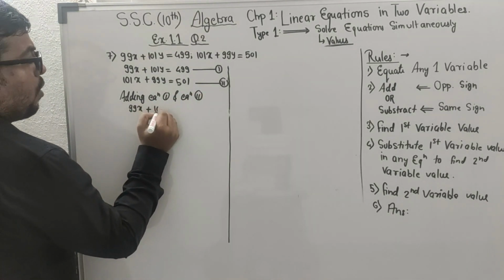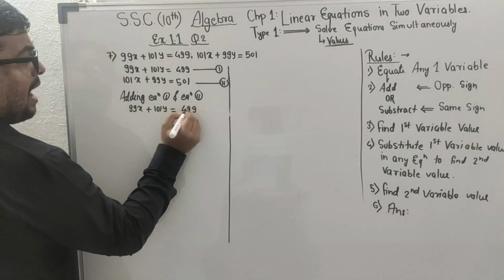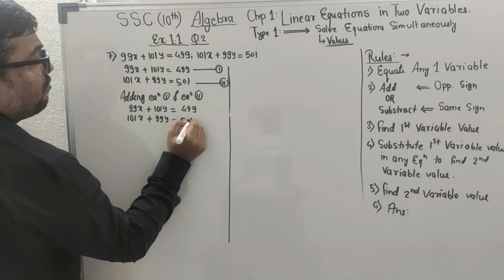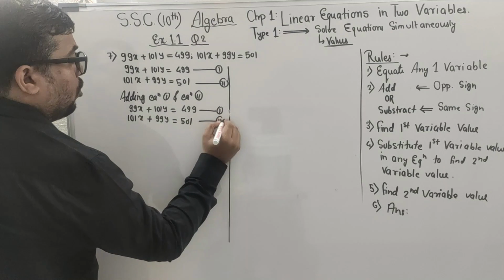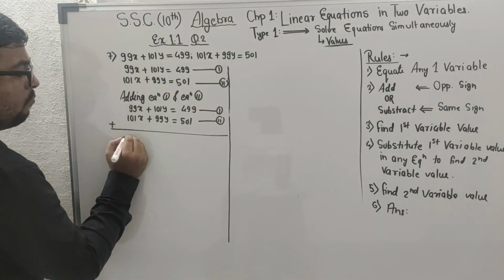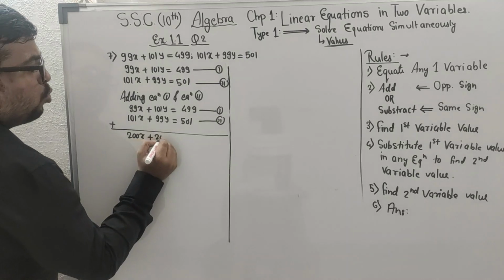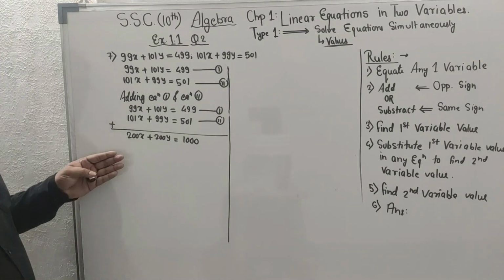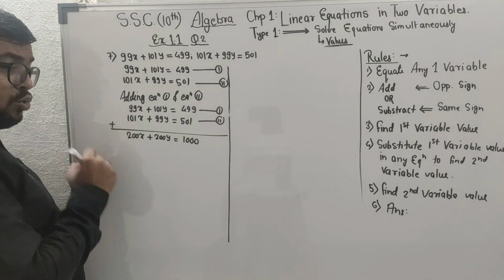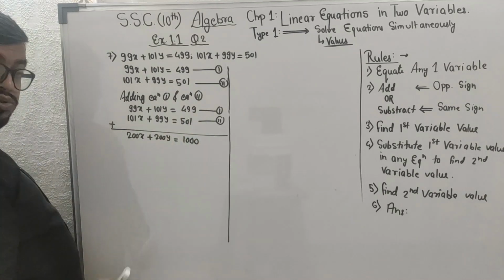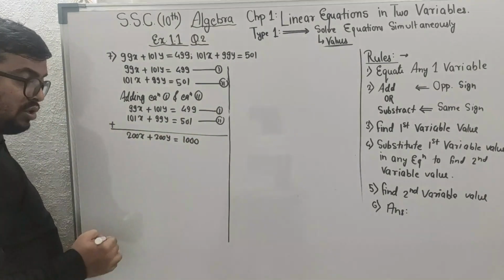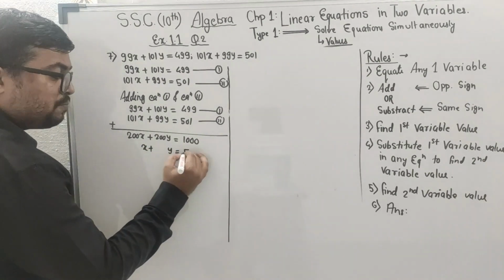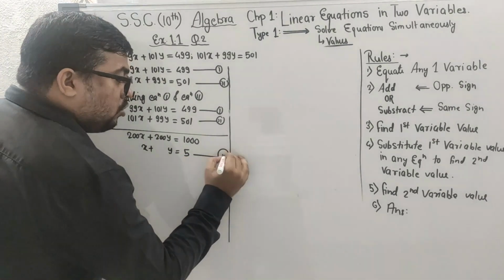99x plus 101y is equal to 499. 101x plus 99y is equal to 501. Number 1 and number 2. We are adding, students, so this will become 200x plus 200y equals 1000. You can add these, students. 101 and 99 become 200. 501 and 499 become 1000. If we divide both sides of the equation by 200, this will become x plus y